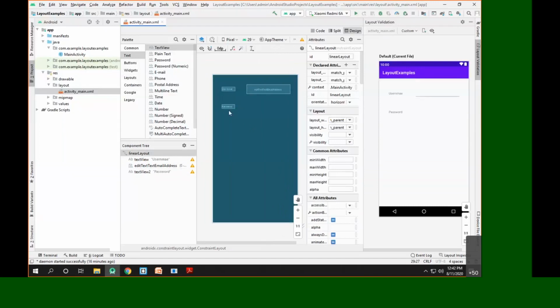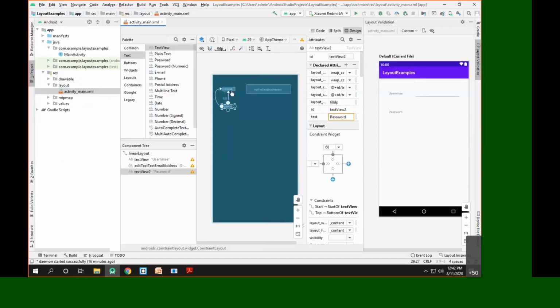The reason I am adding both constraints with the username is that if I set both the horizontal and vertical constraints of the password text field with the username, then it will align at the same position as the username. So my job will be easy for designing. You can see here, the password is aligning exactly below the username.